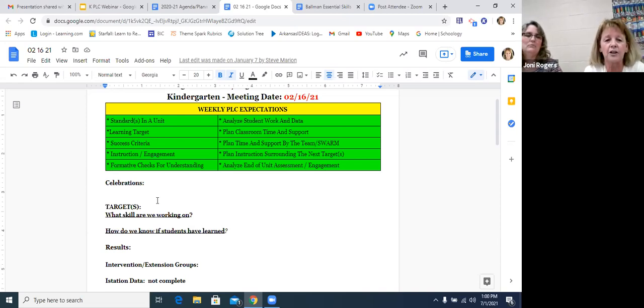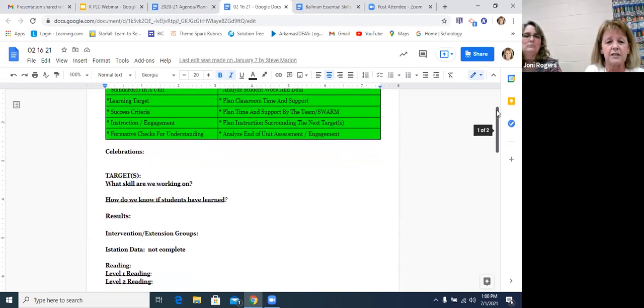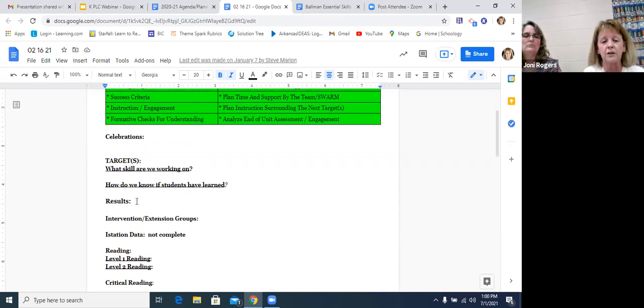And then we get into the targets that we've been working on for the week, because generally we have our meetings on a Friday, let's say. So we've been working all week. We come together on Friday, talk about what target skills we were working on. We bring our data, our assessments, so we can see who has mastered, and to know if the students learned and what proof we have of learning, mastered their skills. We enter our results, how many students. We both have 20 kids in our class, so we'll make it out of 40, and results of how many reached the goal of the target we were working on.